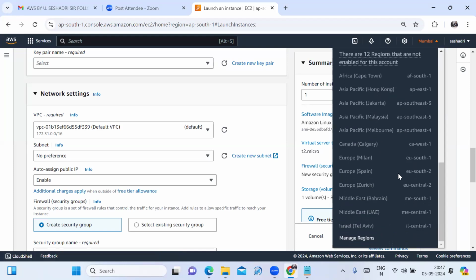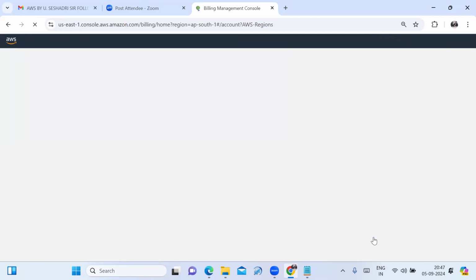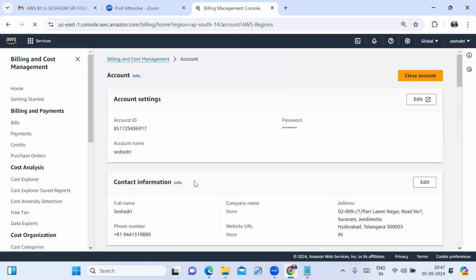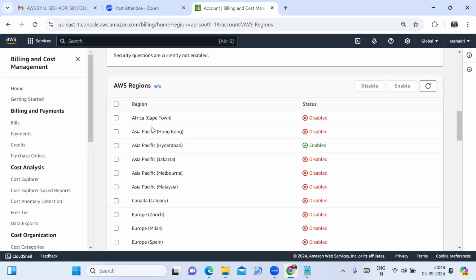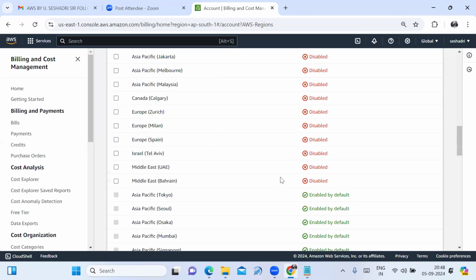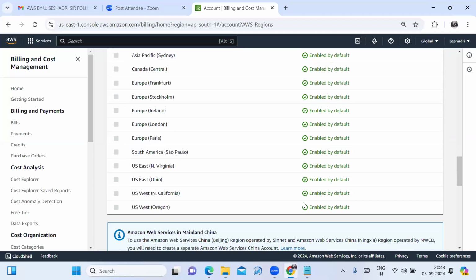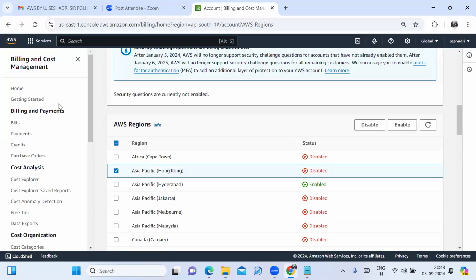Sir, you need to manage the regions, then you can click here. You have to scroll down in your account. If you want to enable a region such as Hong Kong, you can select it. The enable option is there, and then that particular region will be enabled. Those are the enabled regions in my AWS account.